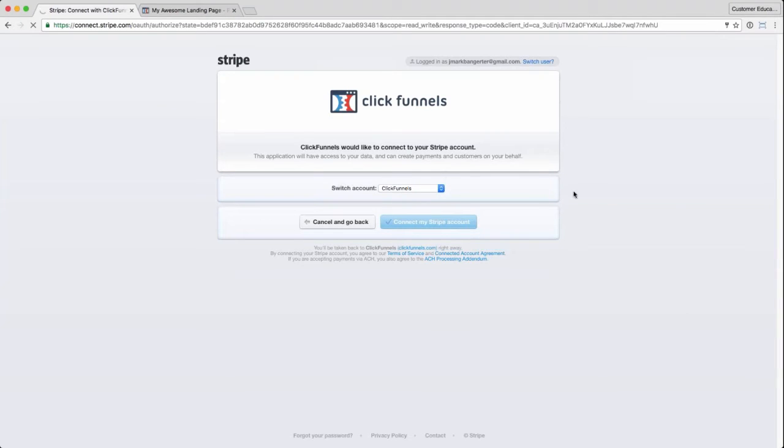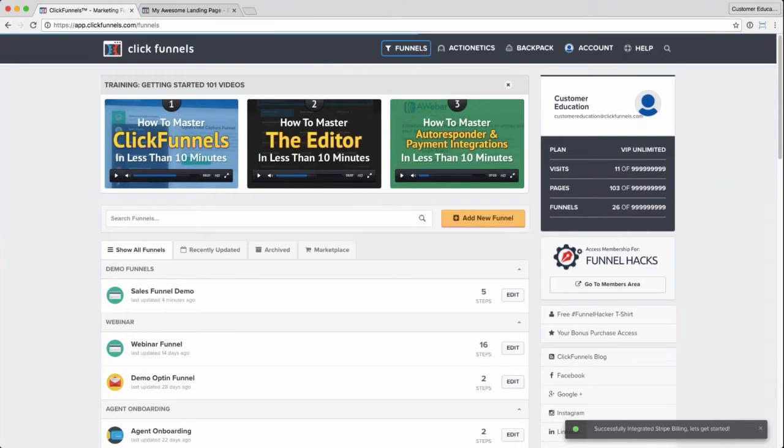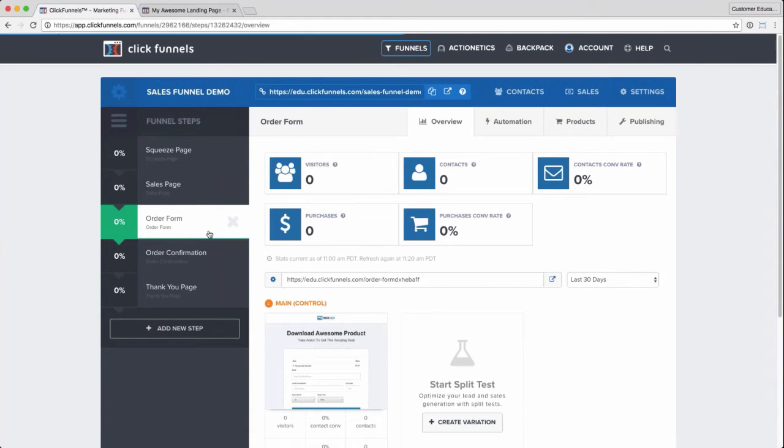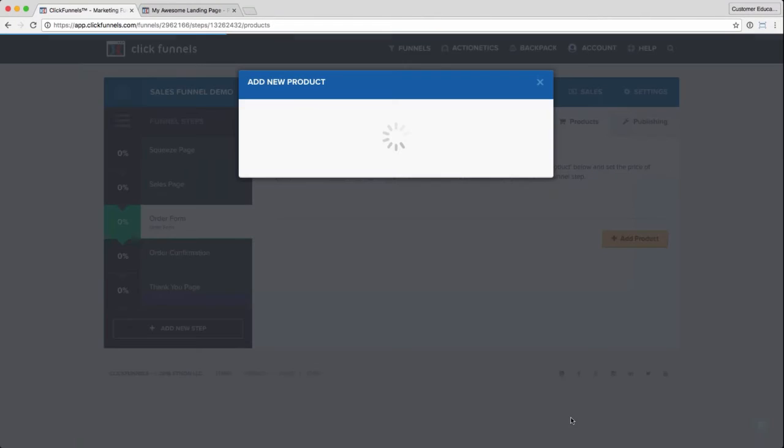Okay, so I got Stripe connected now, so I'm going to go back into my funnel. So that's an important part of the process, making sure that you have your Stripe account connected. And then I'm going to go to the order form, go to products, click add product,